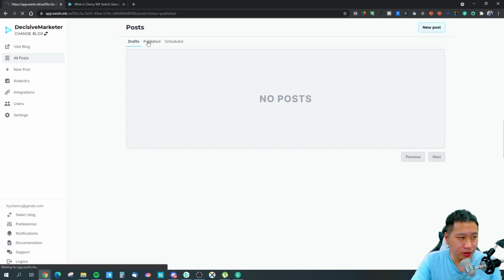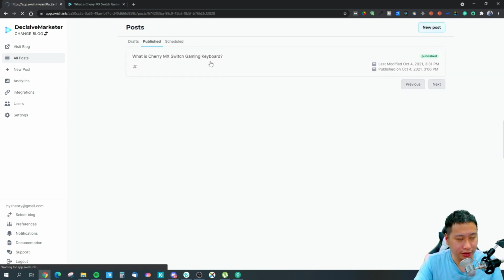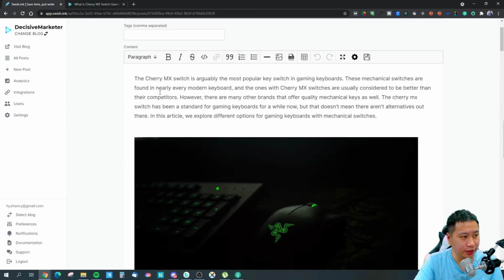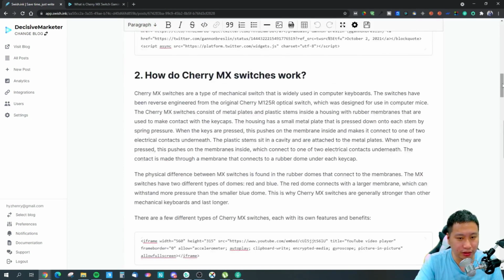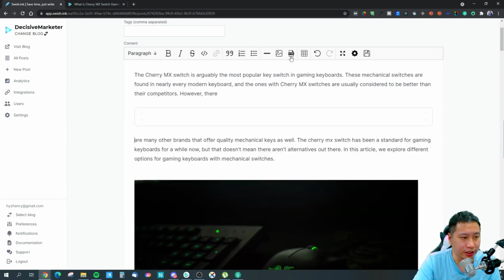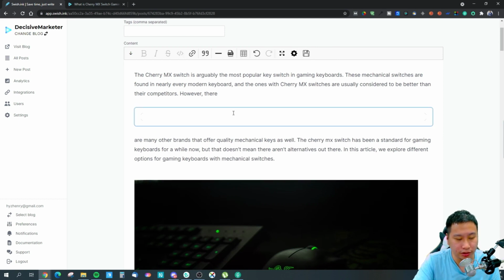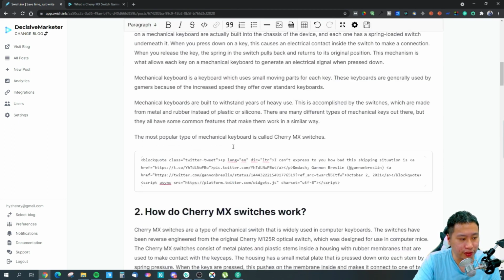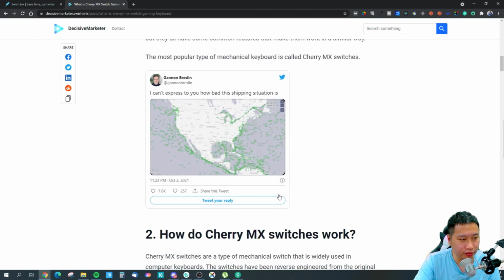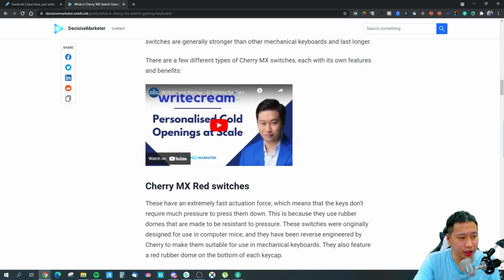These are all your posts. I have one right here. You have the title, and then your content in here as well. This is the what-you-see-is-what-you-get editor. You can also insert code blocks, all that kind of stuff right here. You can also add HTML code in here, which I have done. I actually embedded a Twitter card right here,